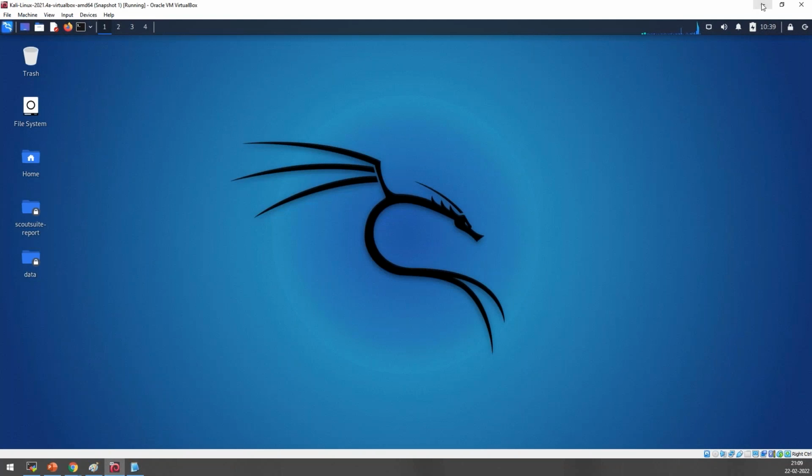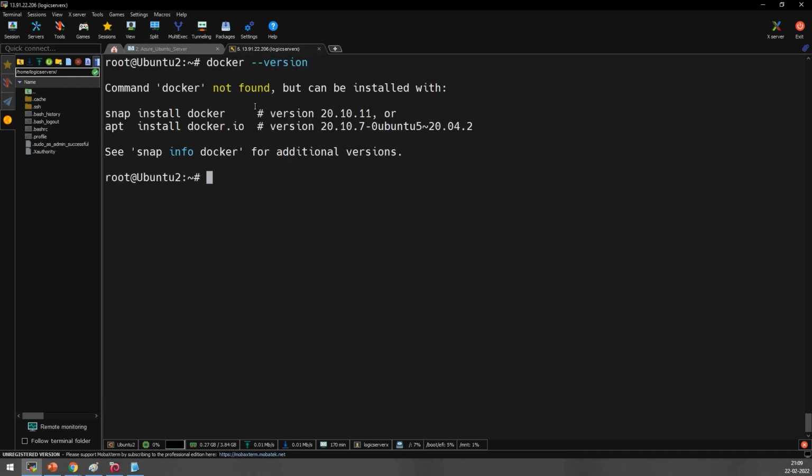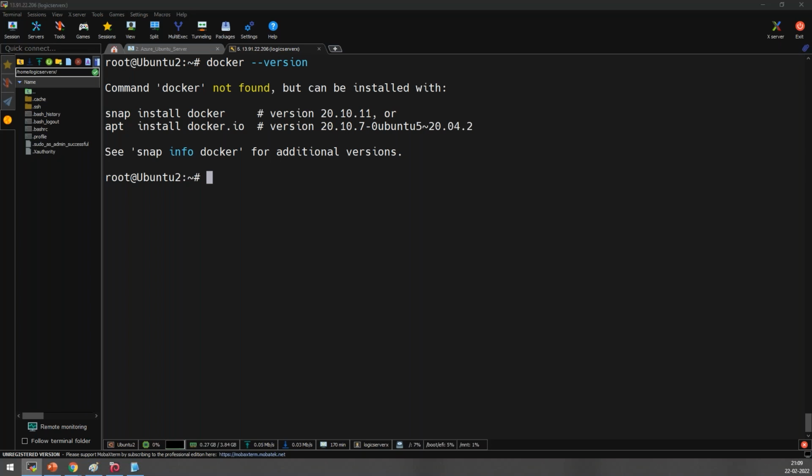To see if Docker is previously installed or not, go to the machine and type docker --version. See, it's showing Docker not found. There are two ways for it.